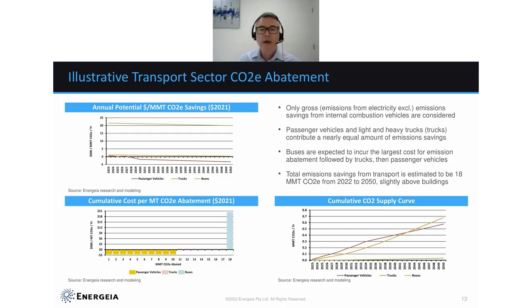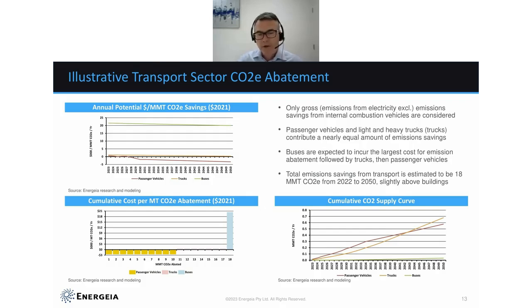In terms of the cost of abatement, what's interesting, and this was actually a big realization during the study, was that buses were really expensive. Now, when you think about it, it makes a lot of sense. They're really heavy and they use a lot of batteries, and batteries at the moment are pretty expensive. And also what the alternative cost is. This has remained relatively high in this particular modeling example, whereas trucks falls over time, and passenger vehicles, again, based on the assumptions around relative costs of the technology and also the electricity, tends to fall over time.